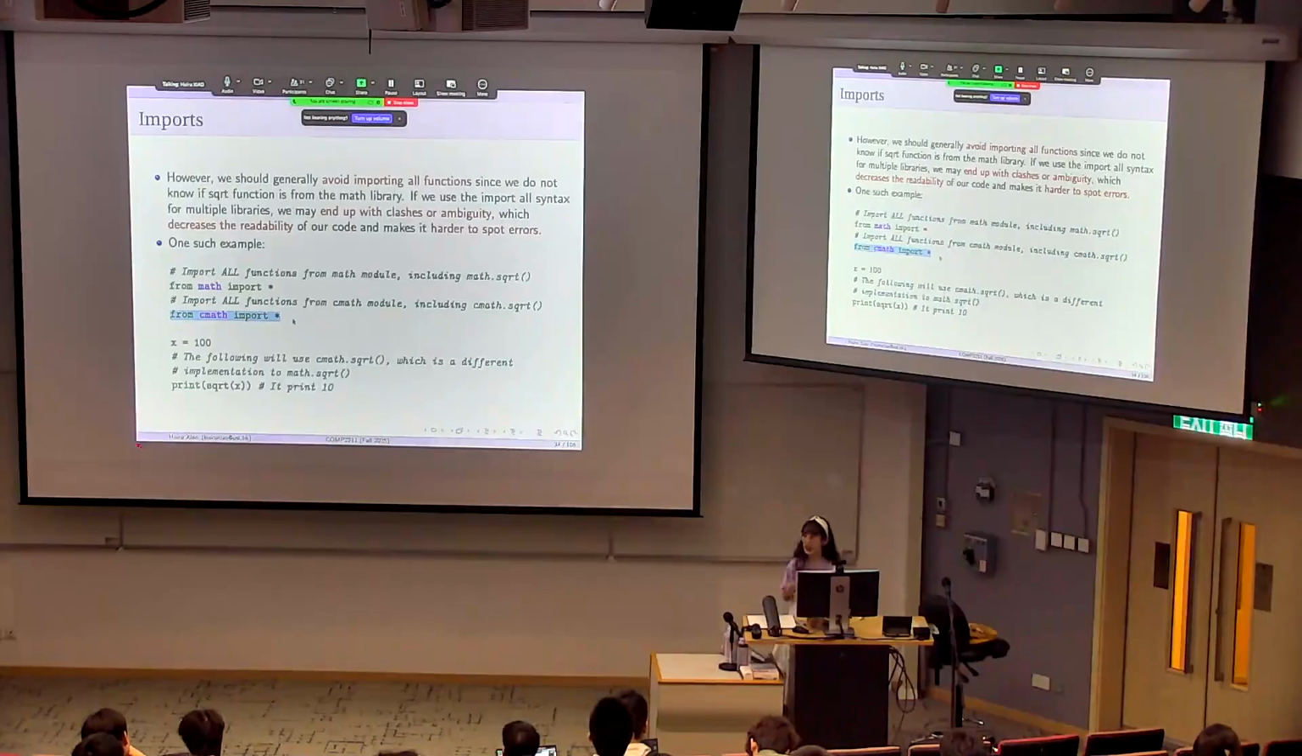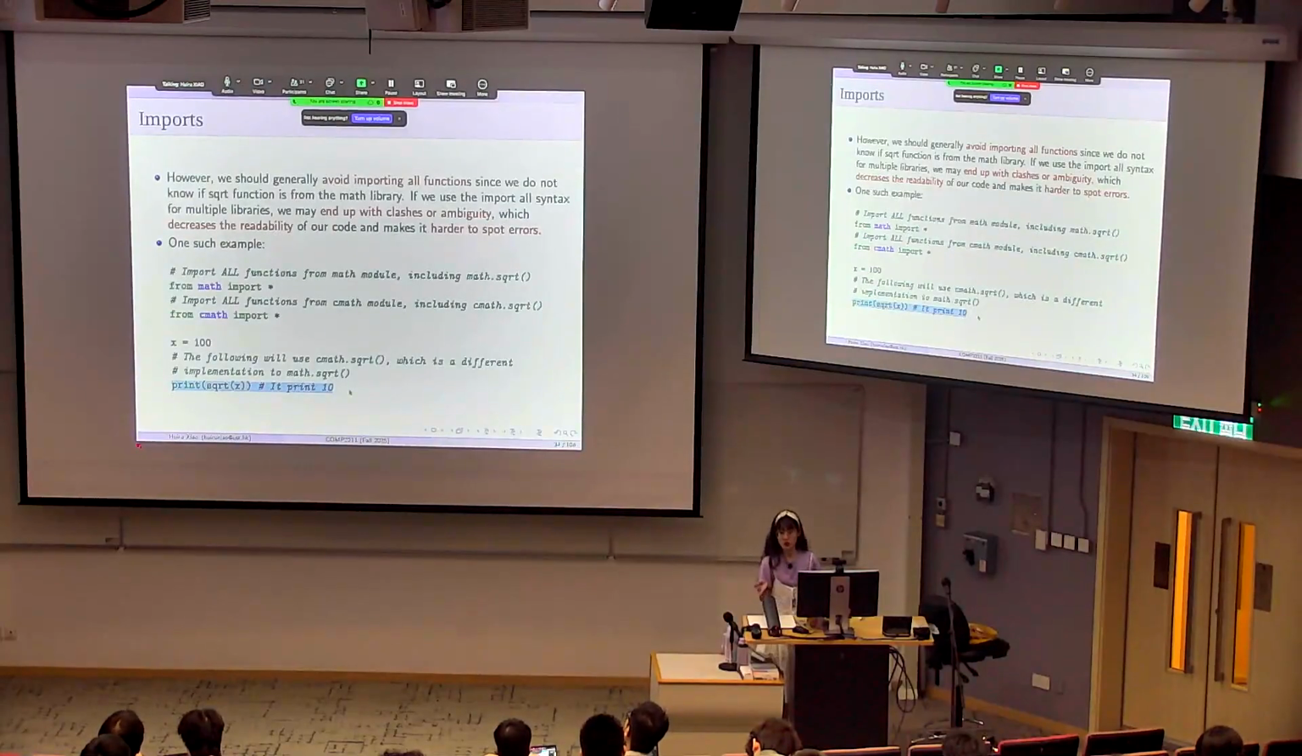And note that there are two functions in the two libraries which have exactly the same name, sqrt. Both mean square root. The math library has math.sqrt, and CMath has another function, cmath.sqrt. So, two functions with the same name. Later on, we run x equal to 100, and then print the square root of x. It prints 10, of course, but we don't know